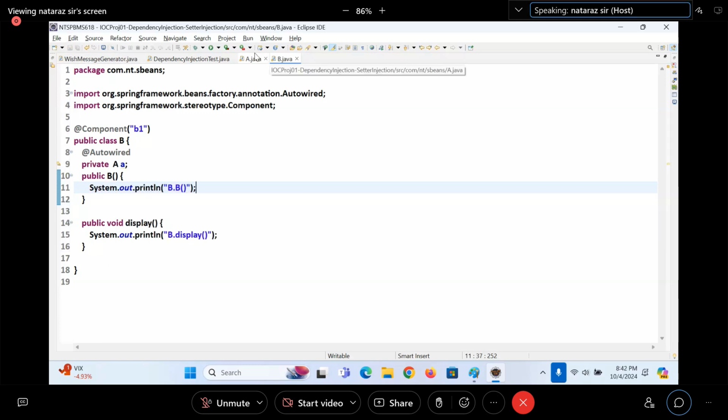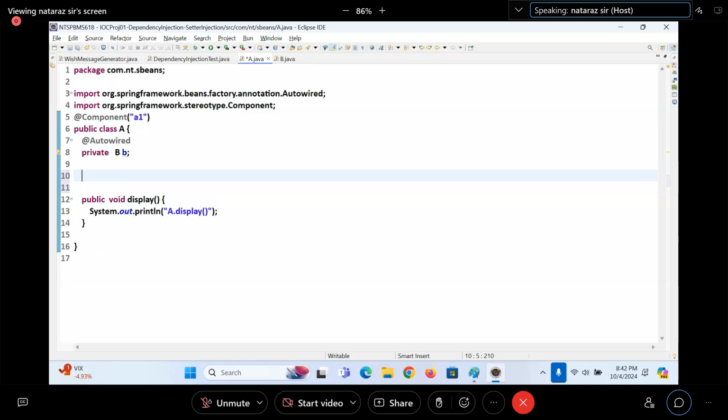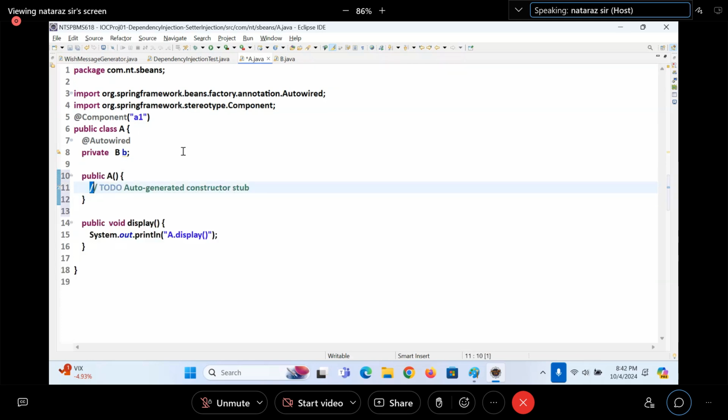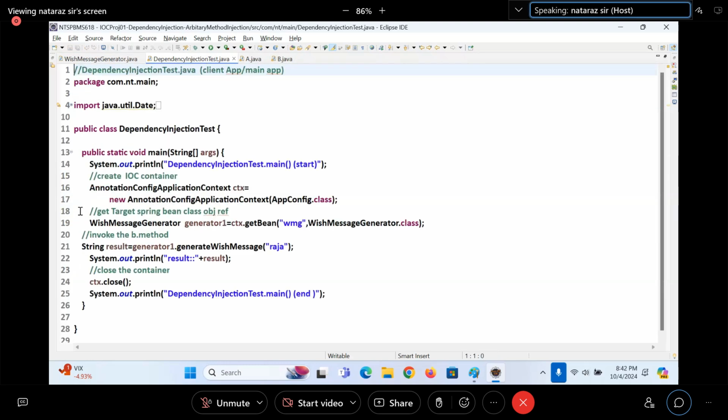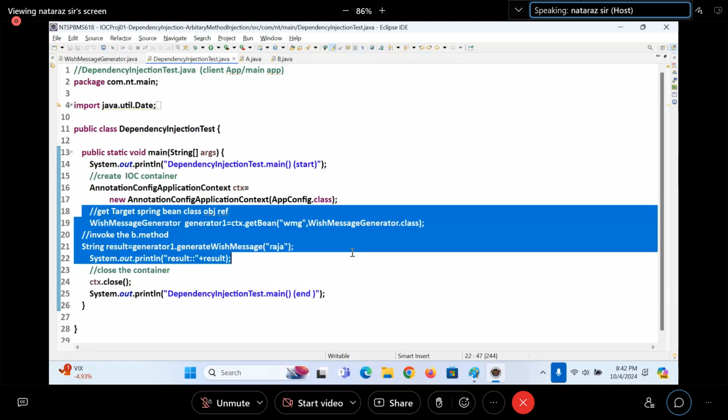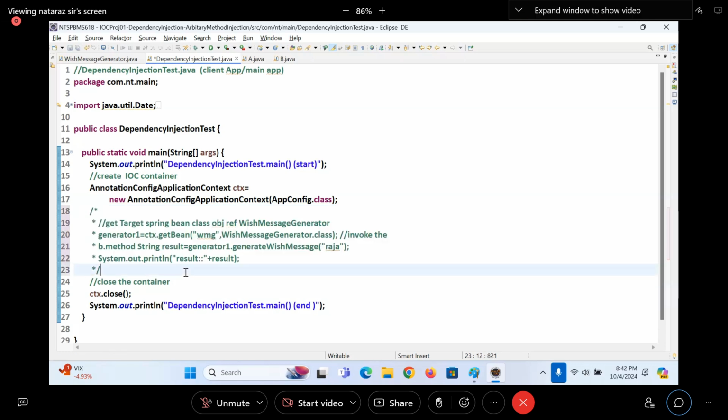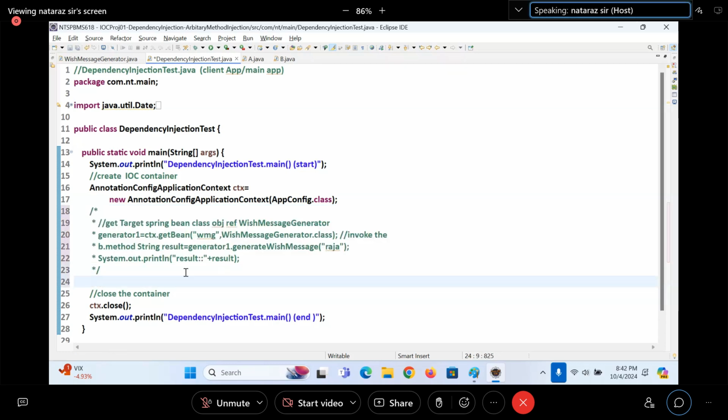Here, what is there? Go to dependency injection and comment all these statements.